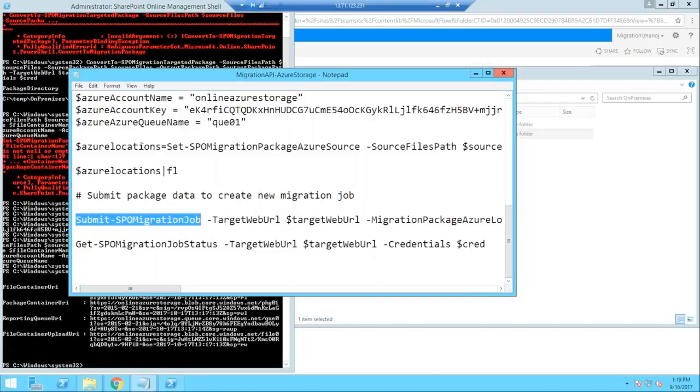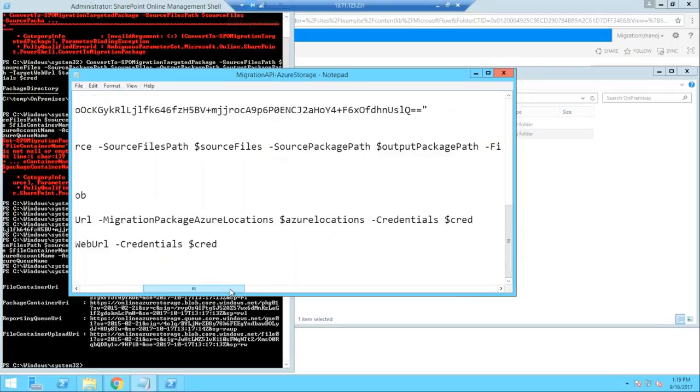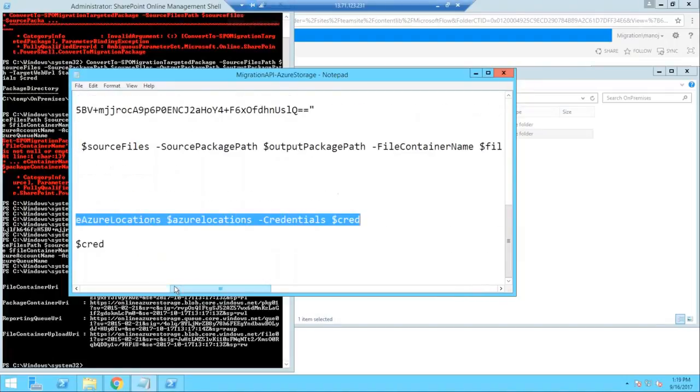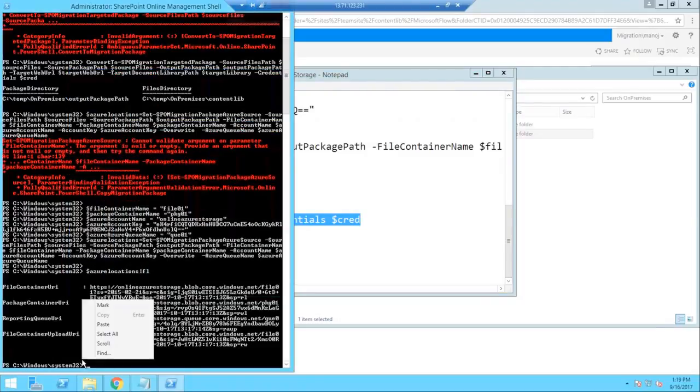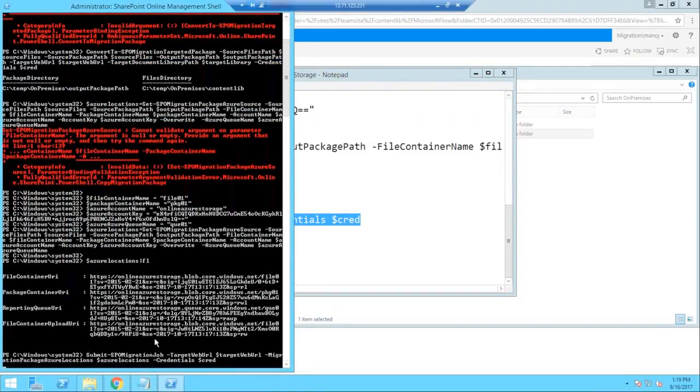This is nothing but what we ran earlier. It just takes this variable, that's why we created the variable here. All the required parameters will be taken from here. Apart from that, it's just the credentials we have, nothing else. Okay, I'm just going here, Control C, and then running the command here. It's quite a straightforward command.